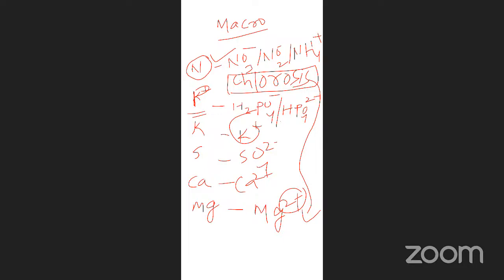So next one, the micronutrients. Once again, the macronutrients are NPK: nitrogen, phosphorus, potassium, sulfur, calcium, magnesium. So these are the major macronutrients. And micronutrients are